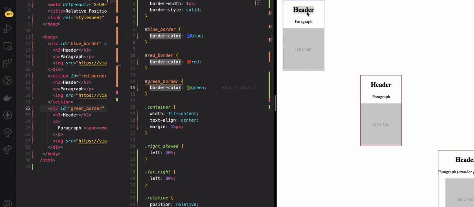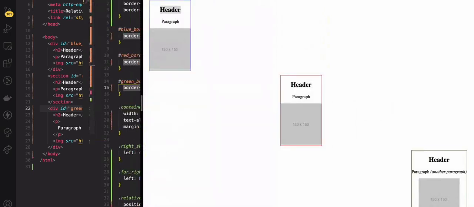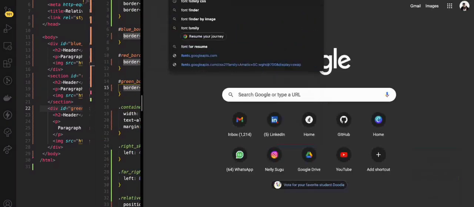So that property is font family. So hopefully that kind of makes sense. So font family